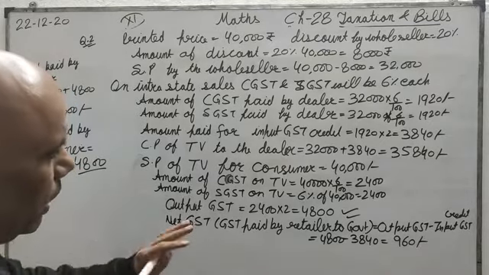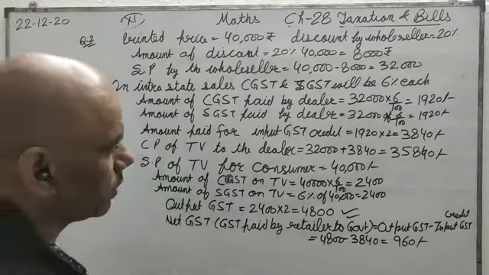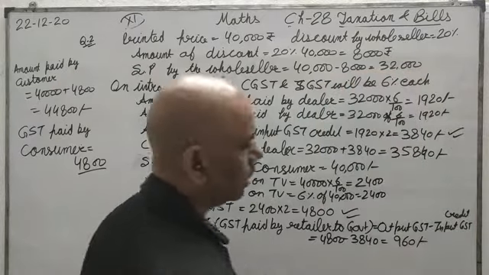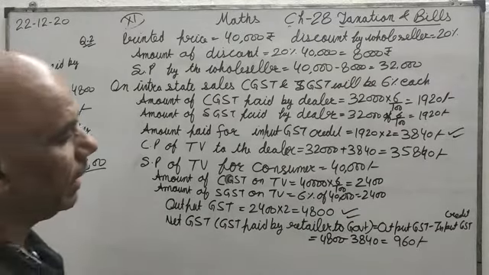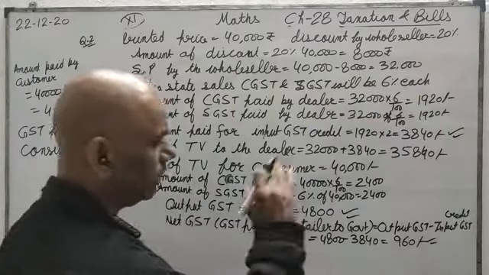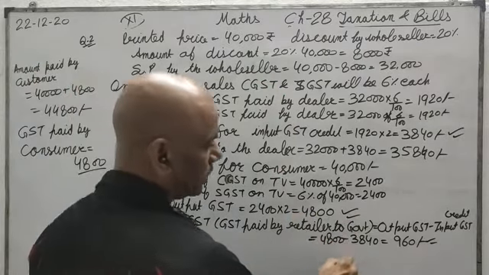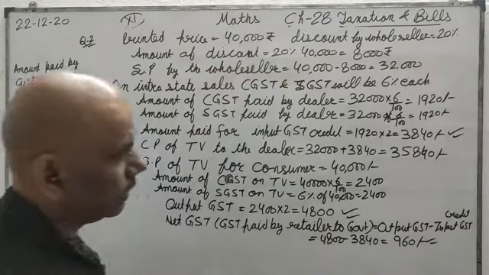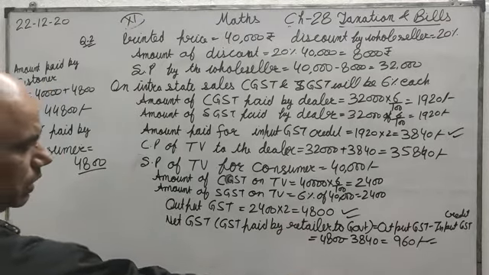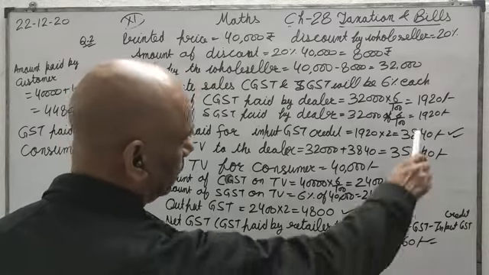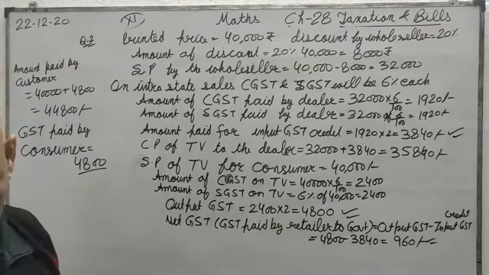First of all, dealer will pay the GST to the wholesaler. Wholesaler will pay to the government. Which amount? This amount. 3,840 GST wholesaler has paid to the government. And then the rest is 960. This 960 retailer has paid to the government, and consumer has paid this 4,800, which is the sum of these two, 3,840 and 960. तो गवर्नमेंट को जाएगा इतना, ये आया कहां से, कंज्यूमर के पास से. इसमें से 960 will be paid by the dealer and 3,840 will be paid by the wholesaler. Okay, so this way, this was the question number 2.